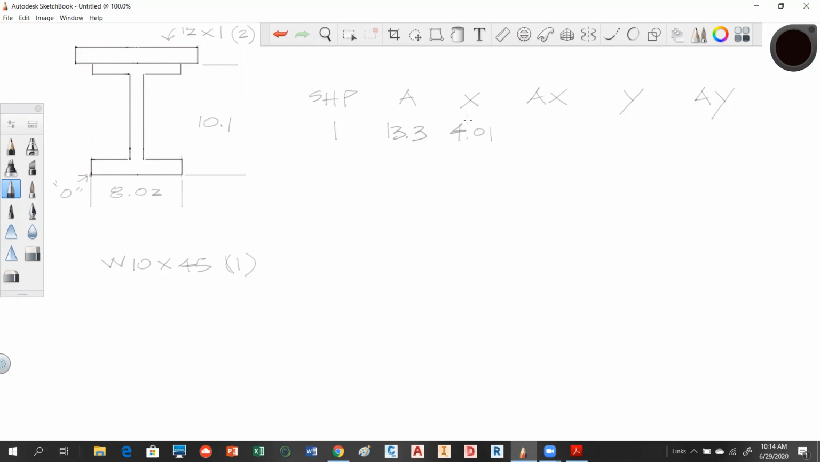4.01. Multiplying the area times the X, we get 53.33. And these will round out further. A lot of times I'll take them out three places and round things in at the end. Okay, so the y distance is half of the distance this way, half of the depth, in other words. So from the chart, it was 10.1. So that'll make this 5.05. And then we're going to multiply the area times that, and that gets us